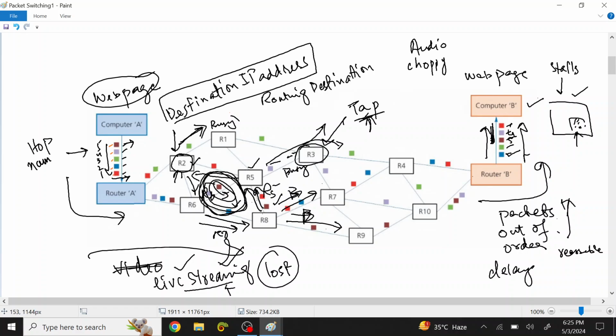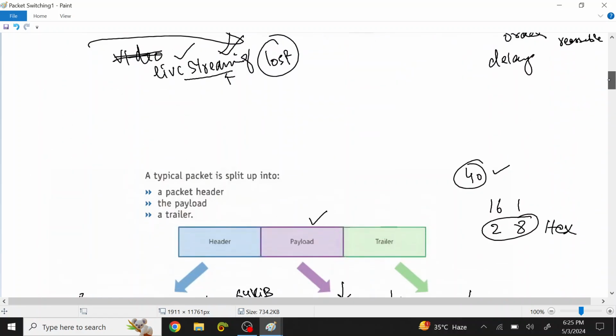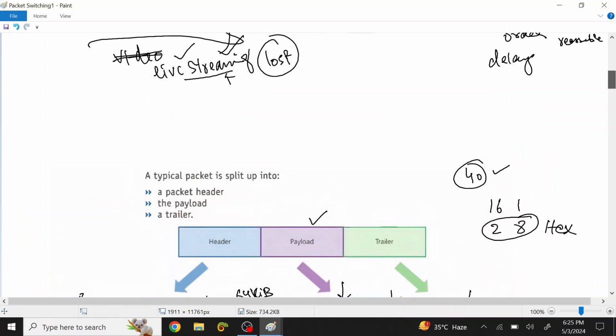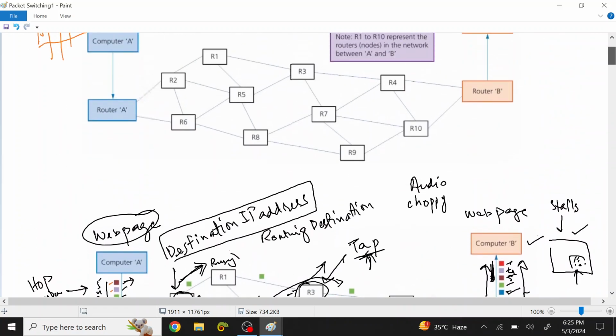We've not seen the hop number here, but you should know that there is a hop number field also. Okay, so I'm just going to add it here, right? There is a hop number field also. Okay, and the hop number, for example, could be 7, let's say, or could be 6. All right, which basically means what? Which basically means, and I'm just going to go to this